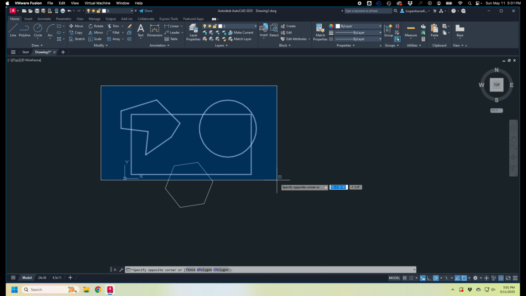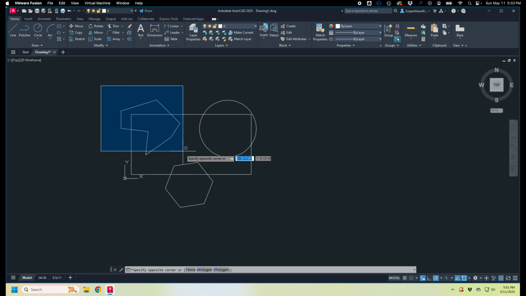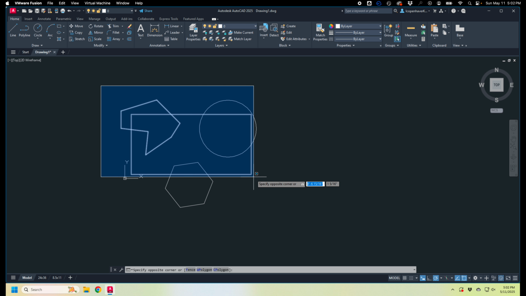And as I pull that blue box across these shapes, the ones that are fully encapsulated by the blue box will be selected. And you can tell because they're highlighted. So see, as I go across to that rectangle, I've fully encapsulated the rectangle, but the circle has a section that's out, and the trapezoid, that's not a trapezoid, and that hexagon has sections that are out, which means that they will not be selected when I click again. So I'm going to click again, and now I have selected the two things that were encapsulated by the crossing